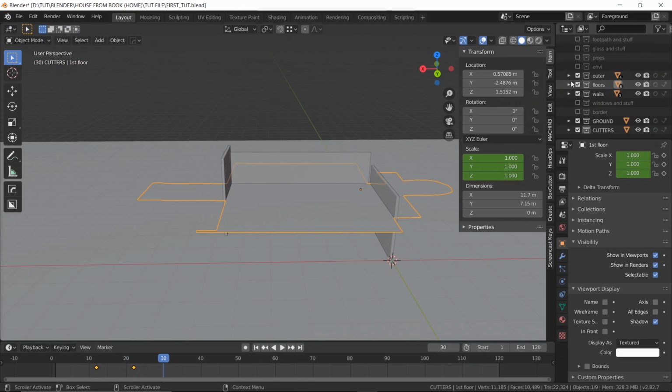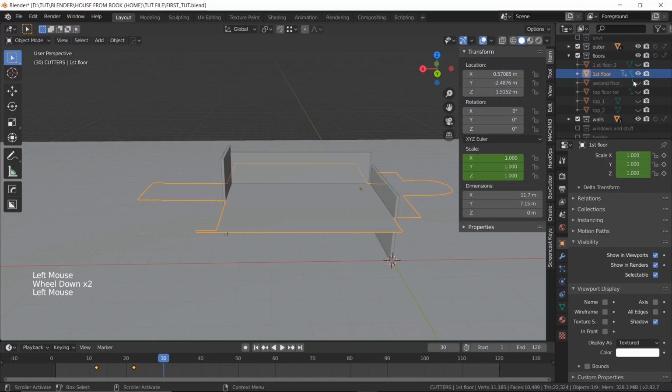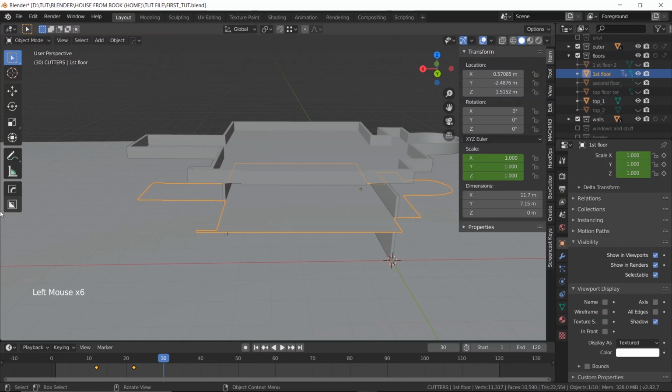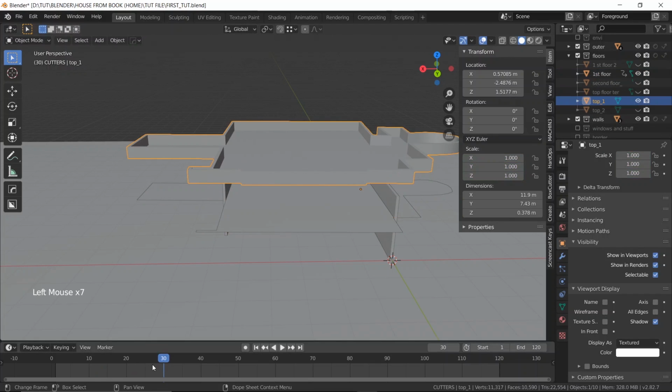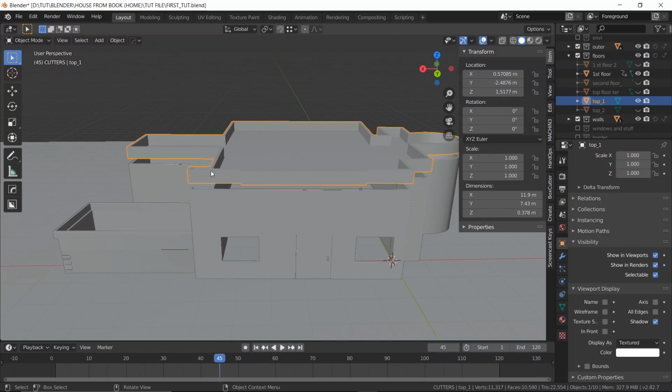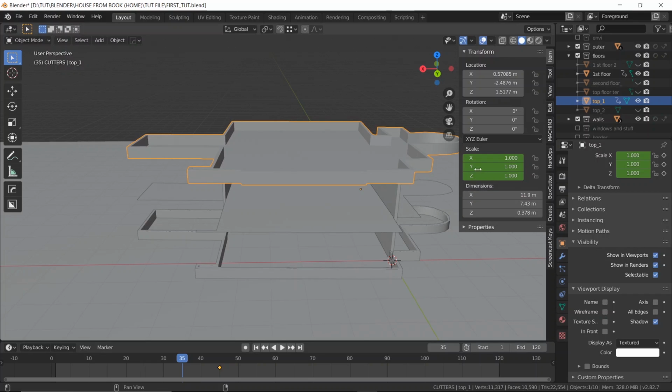There you go. So now let's go to the floor and enable the second floor, which is not this one, yeah, this one. So click on this one, and then I want that to appear when this one is about to reach its final destination. So right at this point of time, I want it to be fully appeared or fully transformed, whatever you want to call it. Hit I on the scale properties, again minus 10 to go back 10 frames behind in time, which sounds cool. And then again just select the Y and Z scale parameters and turn them into 0, and